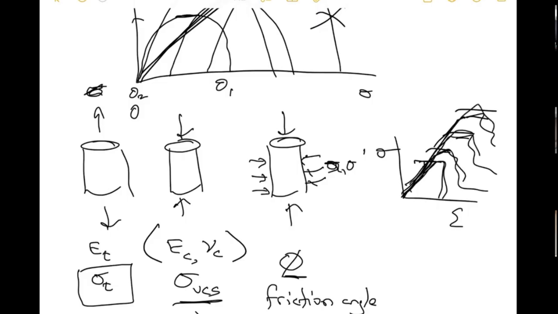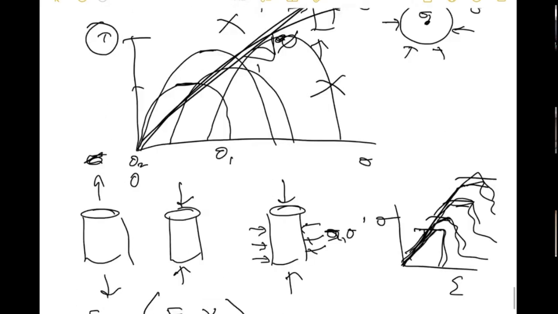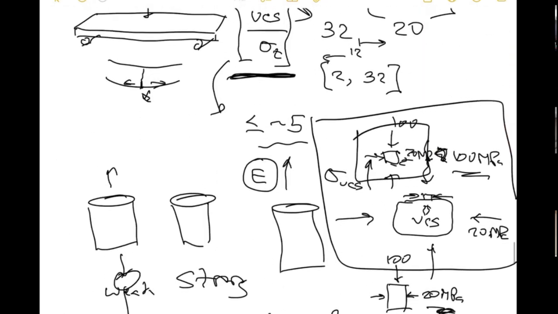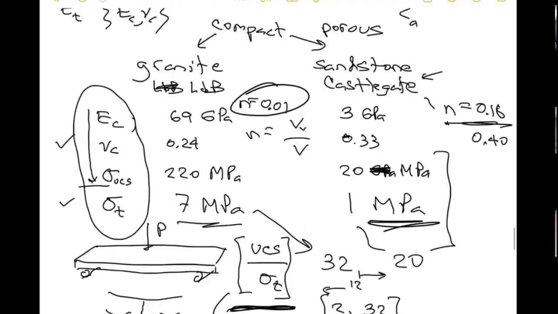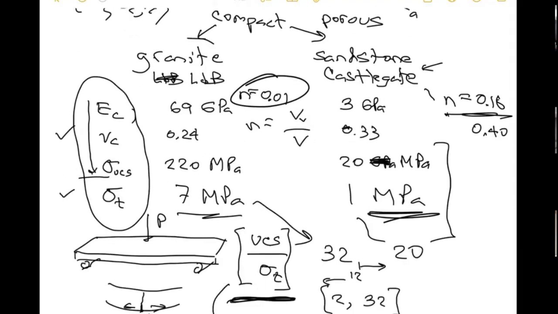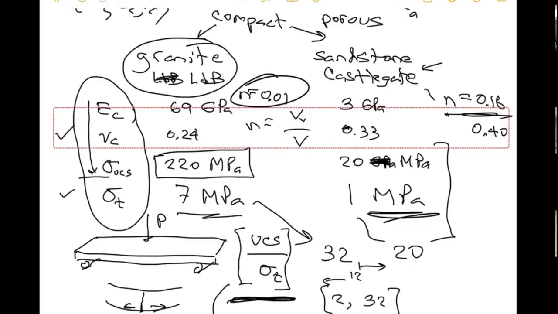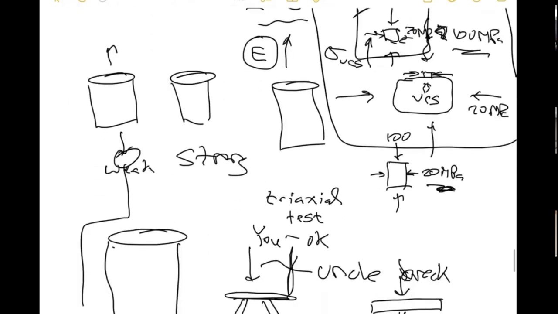And some rocks, if it's a higher friction angle, that means you apply a little bit of confinement, it gets much stronger. I'm trying to remember, the LDB granite is an extreme case. Here, remember, this is that particular granite. It has a UCS of 220. I got to look this up, but I think if you apply like 5 MPa confinement, this thing goes up to like 300. With just small amounts of confinement, it's much, much stronger. Other rocks, like a sandstone, it's going to be a lot less. It's still going to get stronger, but it's not going to be as big of an effect.